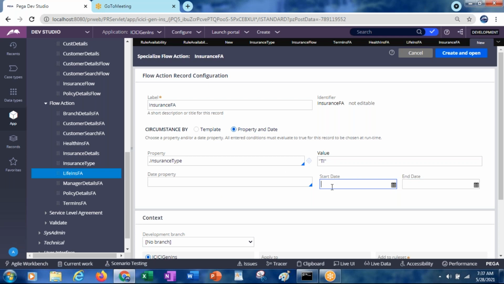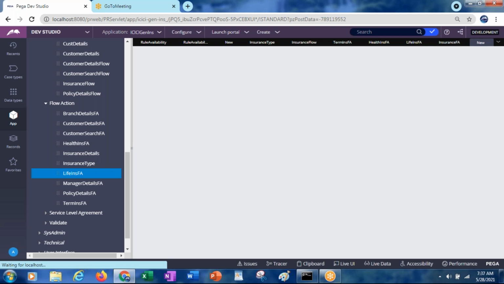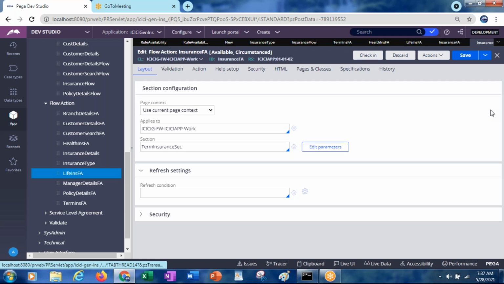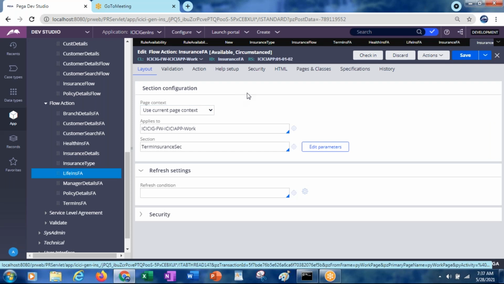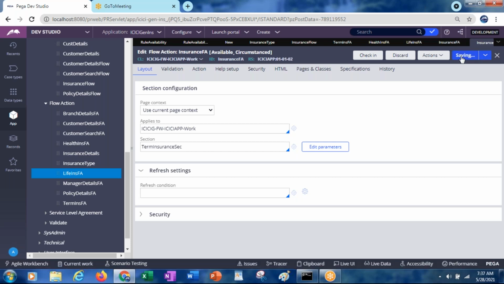Right now I don't want this date, so I want only if the insurance type equals TI. Term insurance we have already taken as the base one. Anyway, no problem if it has this one also. Save it.